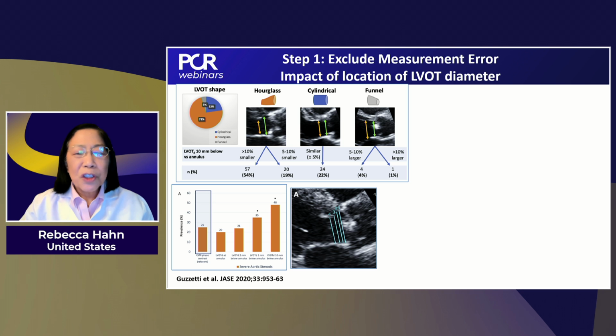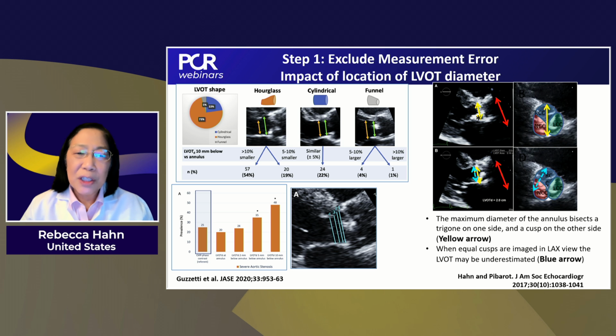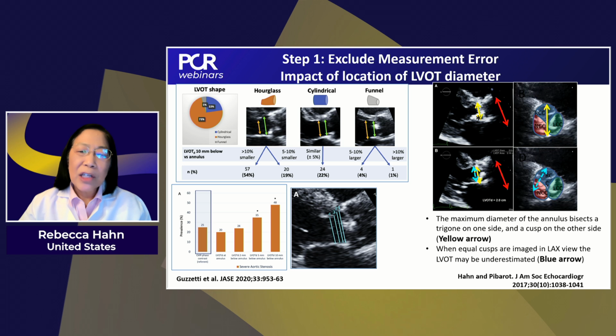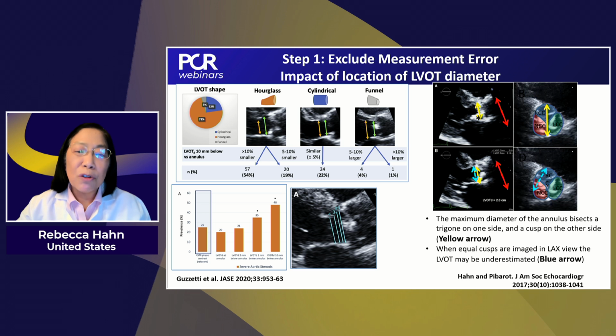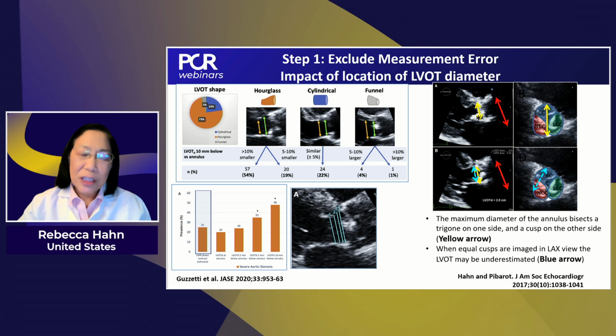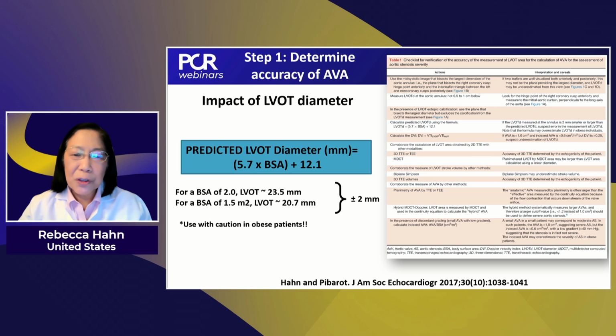And the guidelines, unfortunately, have suggested that we should measure the annular area or the LV outflow tract area using a single dimension, 0.5 to 1 centimeter below the annulus. But we know that that actually is going to underestimate the valve area. And indeed, what the majority of us now use is the actual annular measurement. So don't go into the region where you have a septal bulge that will narrow down the LV outflow tract and artificially give you a smaller valve area, but instead use the annular area.